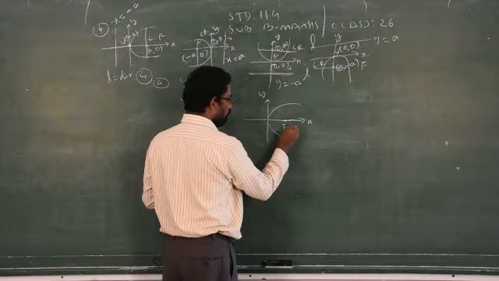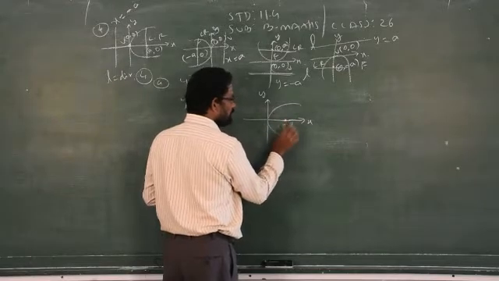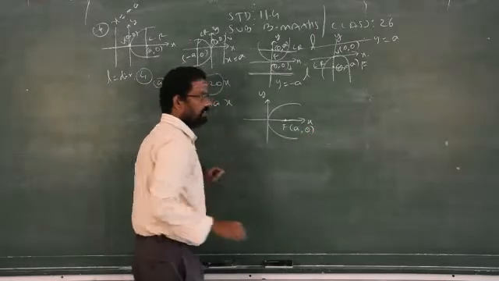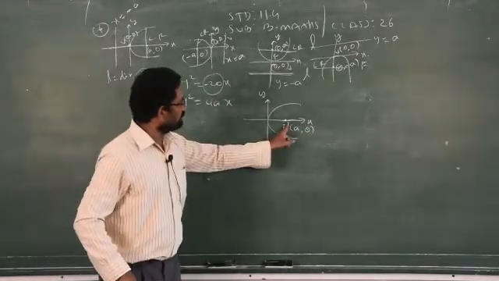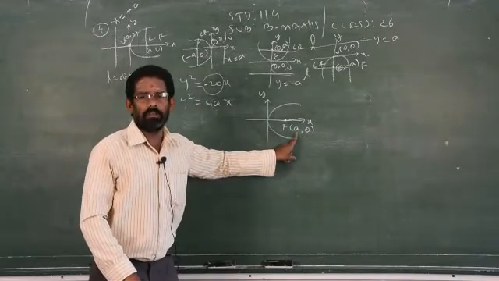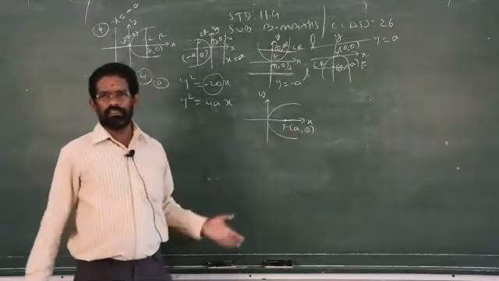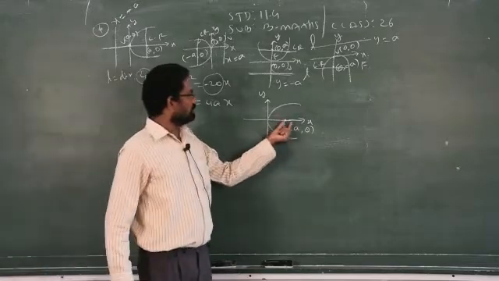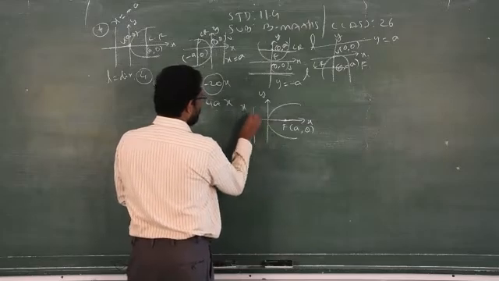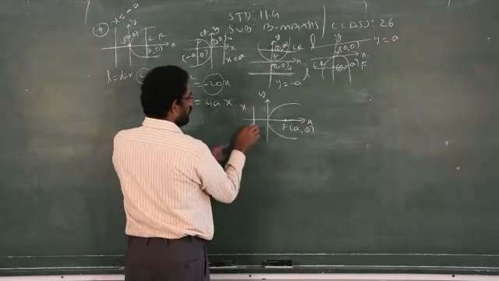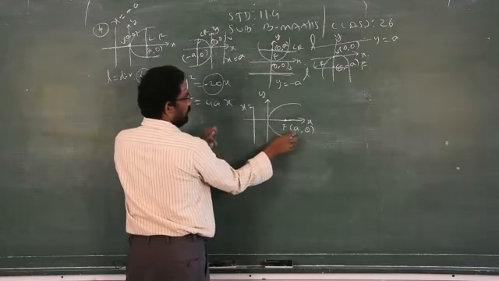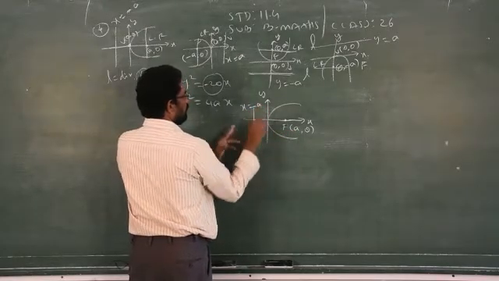So focus F is a point on the x-axis. X may be some value, but y will always be 0. So a point on the x-axis has y as 0, and x is some point, I don't know, so it is always written as a comma 0. That's all. Then what is the characteristic? X is equal to, because the straight line passes through the x-axis. Therefore, x is equal to the opposite sign of this a, minus a. I know everything.